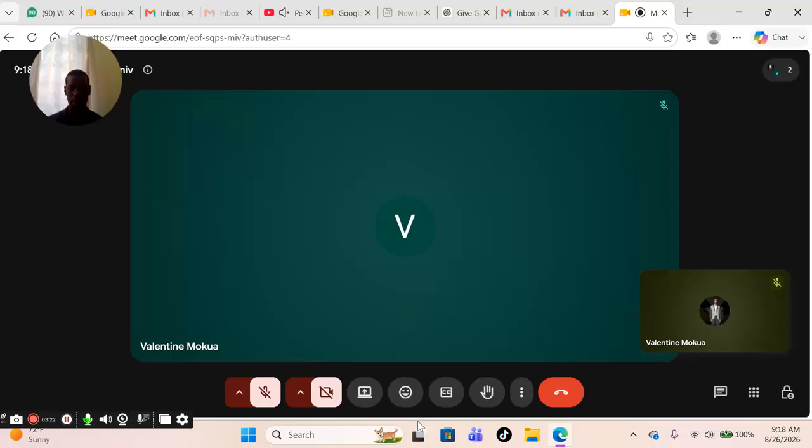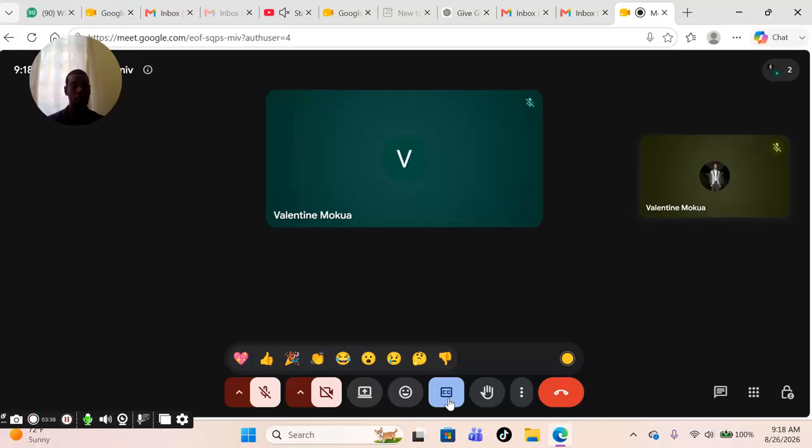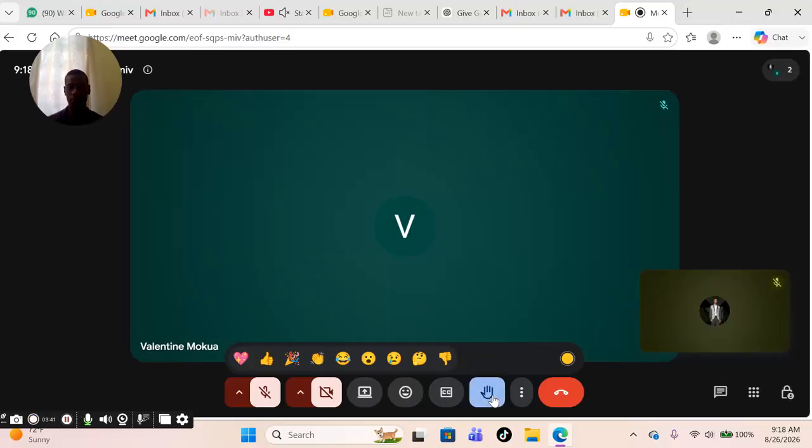Yeah. Then the other thing is these emojis. You can use them as you like, but avoid them during the class as much as you can. The CC is the captions. So if you turn it on, wakati utakuwa unaendelea kuongea ya maneno yatakuwa yanajionyesha hapo chini. Then the other thing is this raised hand. That is used when you want to draw attention to the presenter, or you have a concern, a quiz. So just tap there, na mwenye atakuwa kwa hiyo presenter kwa anaona kama fulani ameinua mkono,